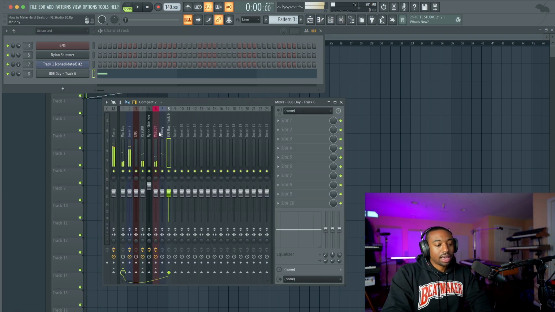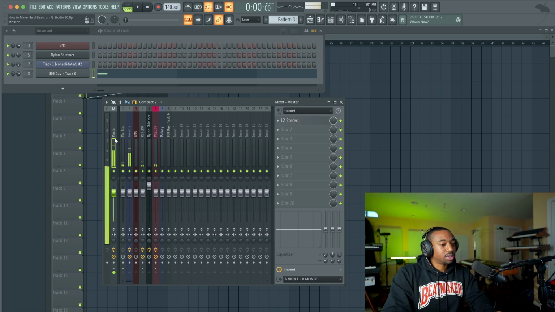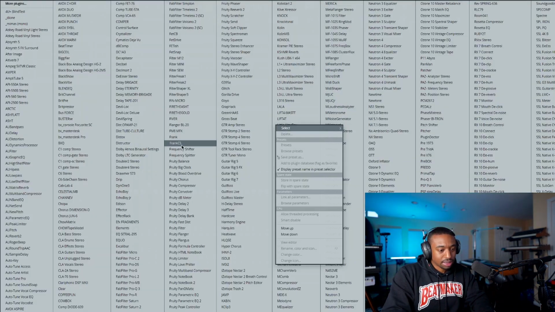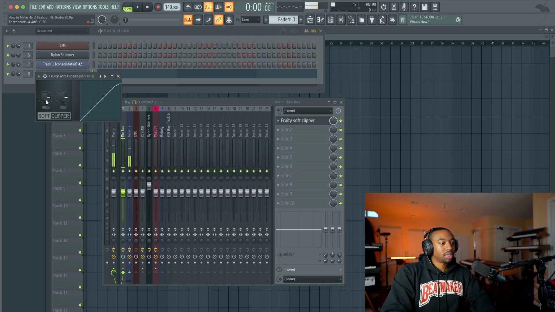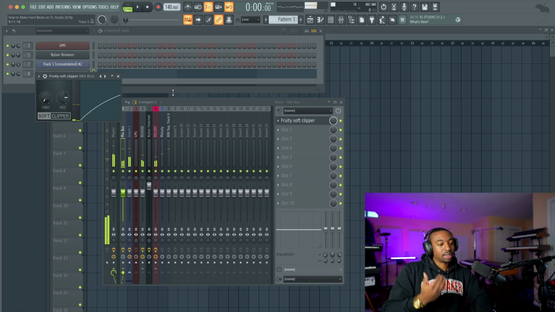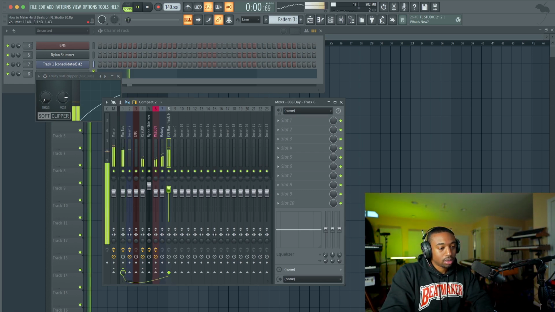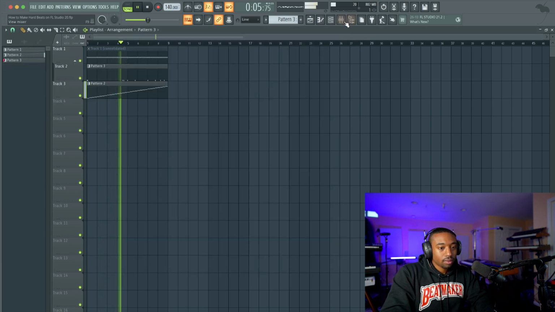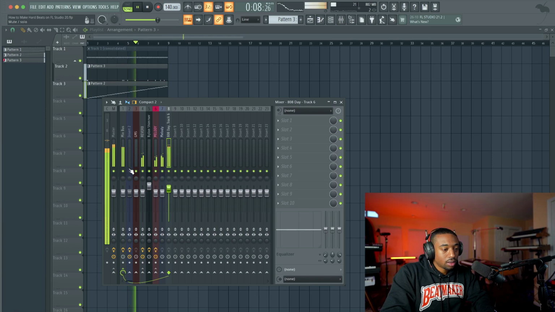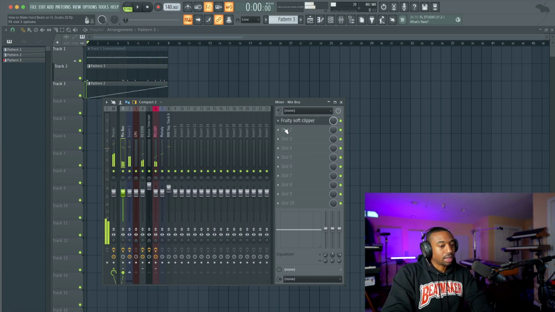So as we're doing this, I have everything routed to what's called a mix bus. You could just put your stuff on the master track, but on my mix bus, let's add the Fruity Soft Clipper. You've heard this a million times. Most people tell you to turn the threshold to the right, and that's for harder clipping. Turn the threshold to the left for soft clipping. This will eat up more of the signal, and you can push it a little bit harder. Okay, so that's without even having a bunch of sounds in here.